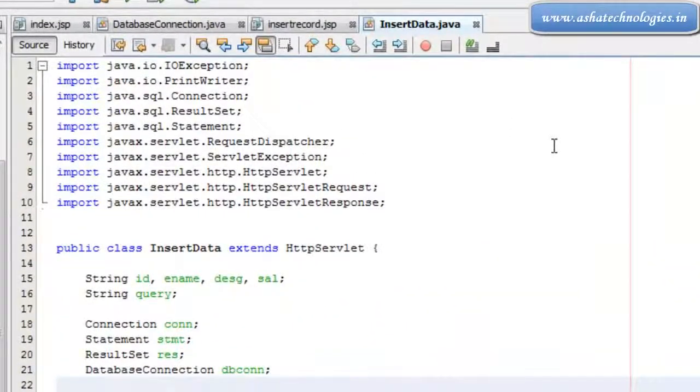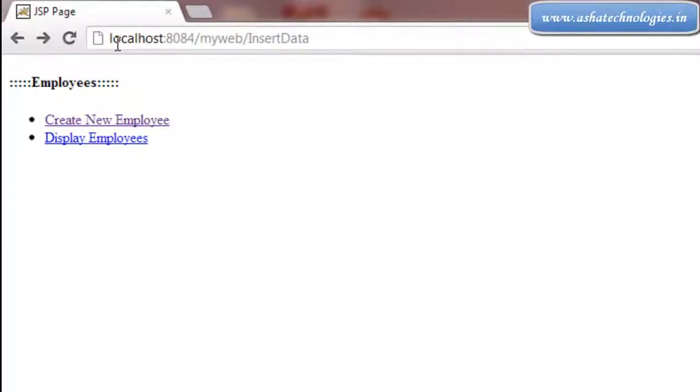In the previous tutorials, we have seen how to insert data to the database. In this tutorial, we can see how to obtain records from the database. So here in this Servlet, so that is called